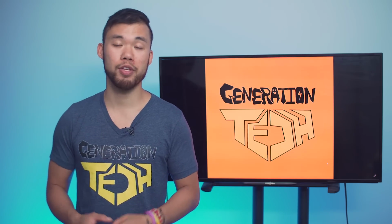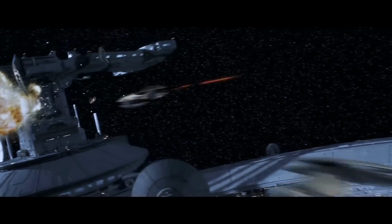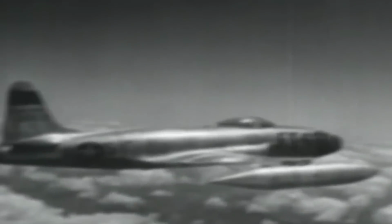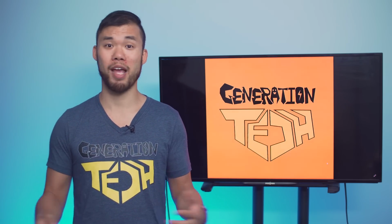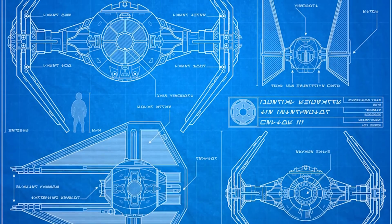The Star Wars galaxy is home to many different civilizations that are extremely advanced and able to travel many times faster than the speed of light. But for some reason, most space combat between starfighters still takes place within line of sight. We're basically talking about World War I to Korean War era type dogfighting. Now, obviously, visually, it's a lot more interesting to see starfighters going at it at close range rather than have them shoot missiles from 1,000 miles away, so we're not going to target this aspect all that much. But we do have to take into account what this style of combat means for fighter design and, more importantly,